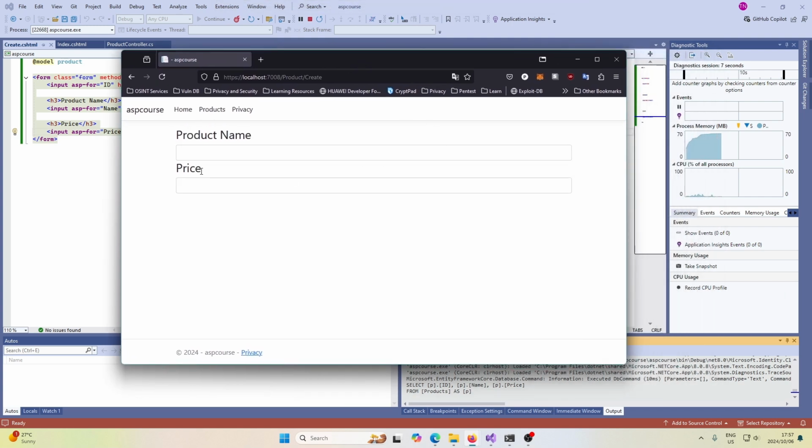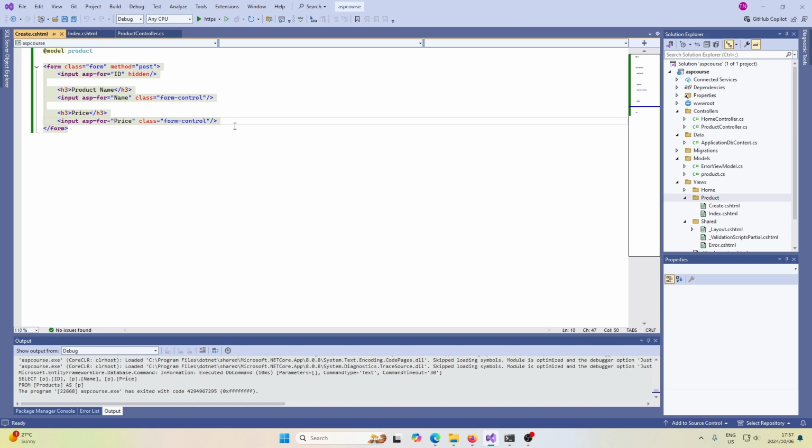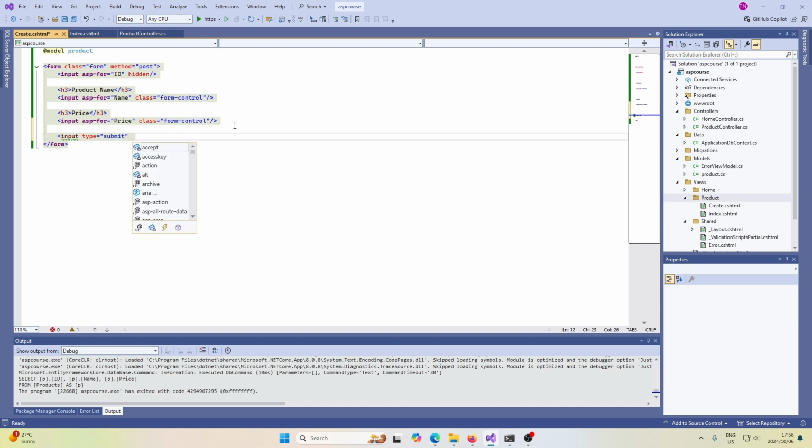So this looks good. We might want to add some more spacing here, but for now this is fine. And then we just want to add the submit button down here. So we want to use input, and this time we do need to fill out the type. And we want to say the type is submit, and we don't want to give this a name, because what